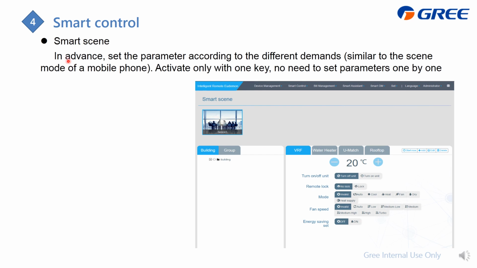Smart scene means you can arrange your appointed indoor units, make them a group, then activate your preset scene. Then you can turn on your appointed indoor units at your appointed operating mode. Your operating mode includes the operating mode, fan setting, and temperature setting. That can be DIY. And also this picture you can DIY.